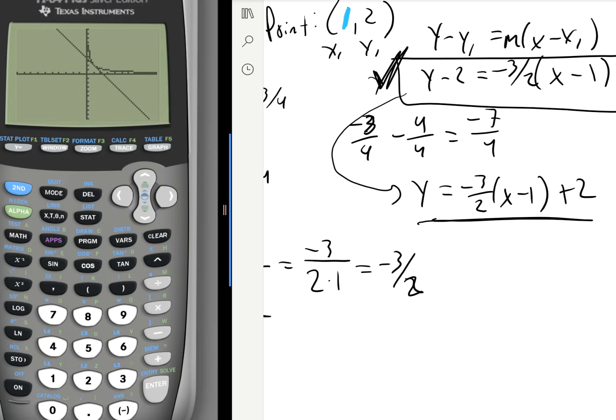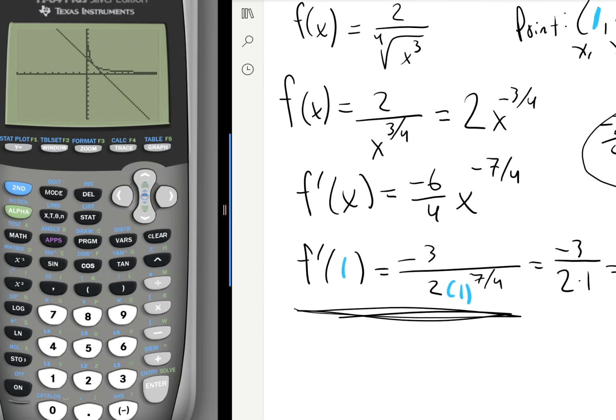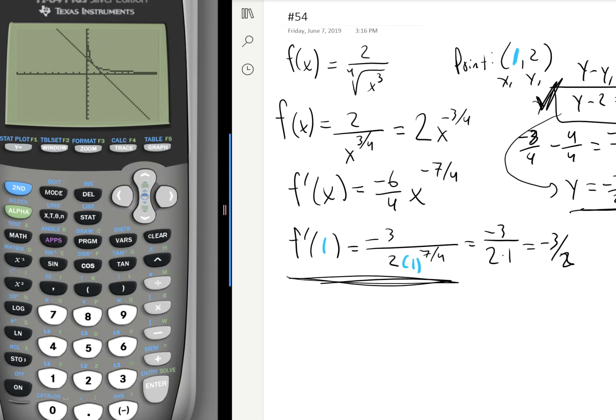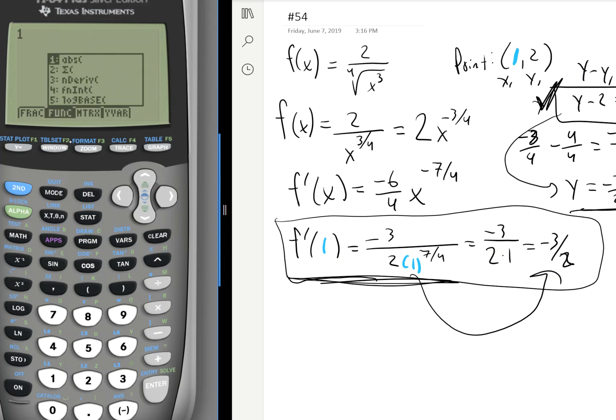All right, another way we can use our calculator to help us check some of our work is we could have used our calculator to do this right here for us. We could have asked it to find the derivative for us at 1 and make sure that that is supposed to be -3/2. So how you would do that is go to your home screen, Alpha window to get the F2 menu,